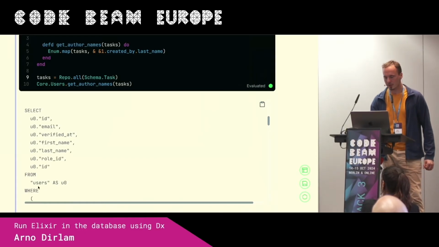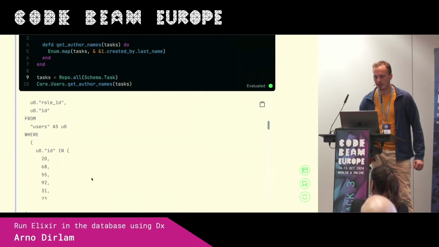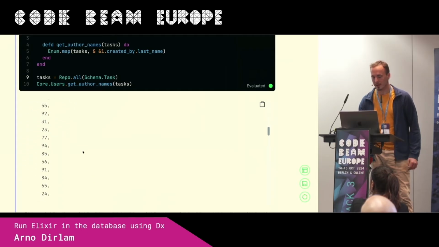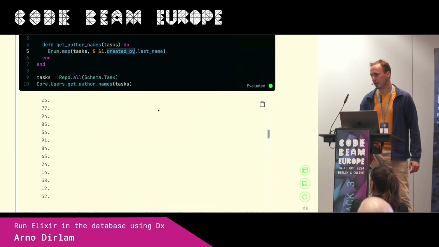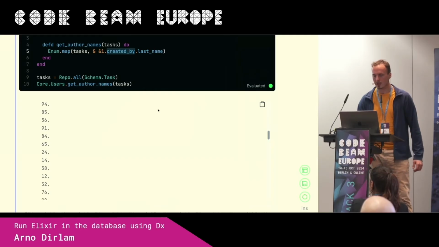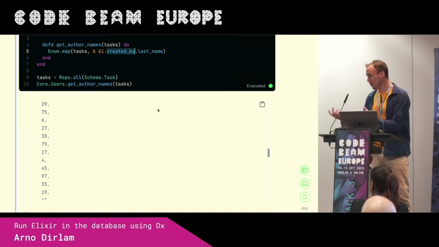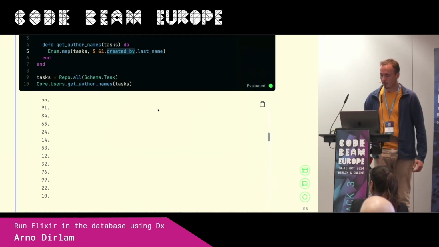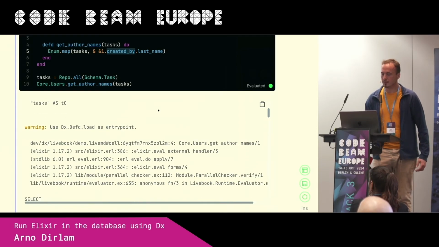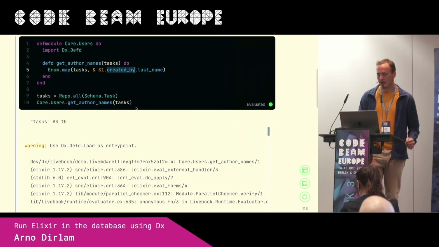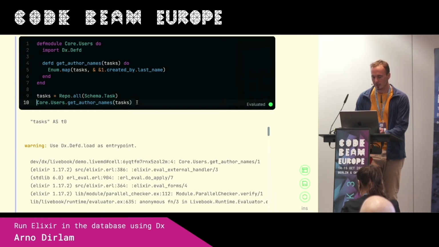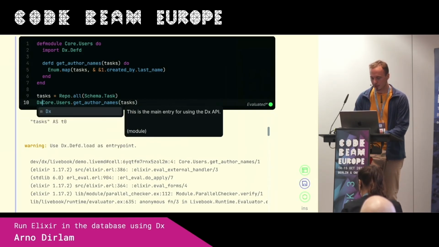it selects users where the ID is in a bunch of other IDs. These come from the tasks. Task.created_by has an ID stored, a foreign key, just as you would do a preload. So in a very basic way, it will act as a preload, but automatically and only when needed. And this warning here says, please use the load function here.